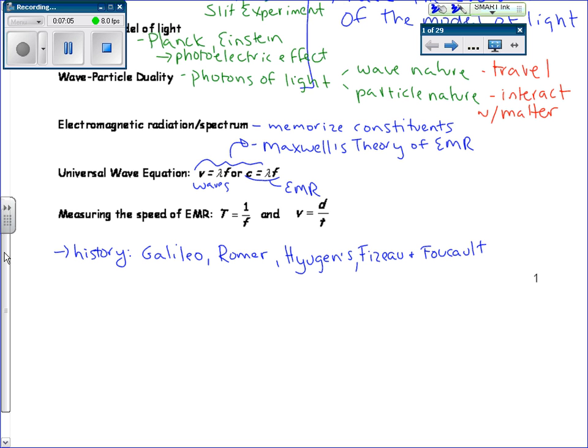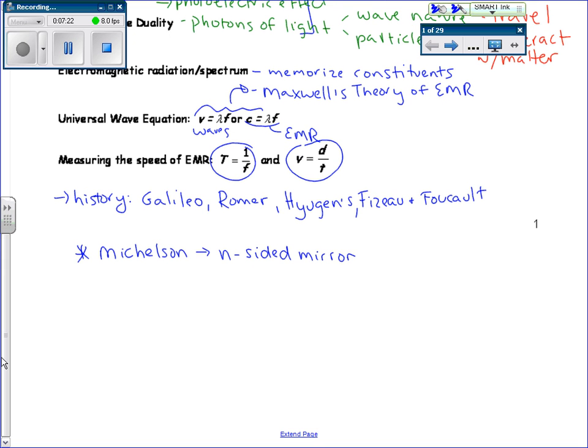And then the main one to know about is Michelson, with an N-sided mirror. And the formulas that you need to use for that are on your formula sheet. The formula for period is 1 over frequency, and velocity is distance over time. But what you do is to find V,